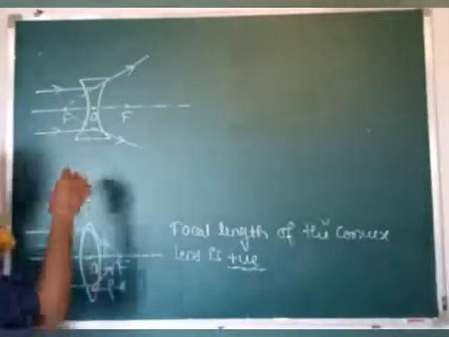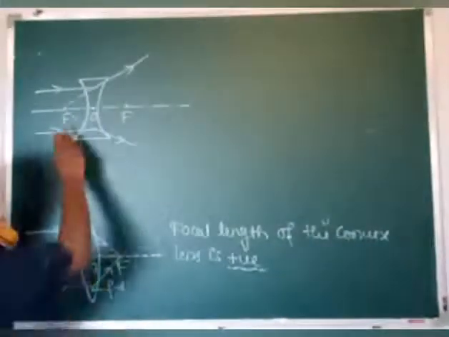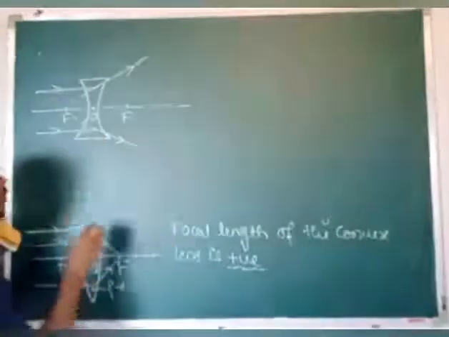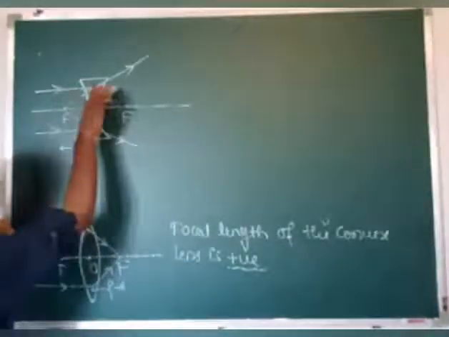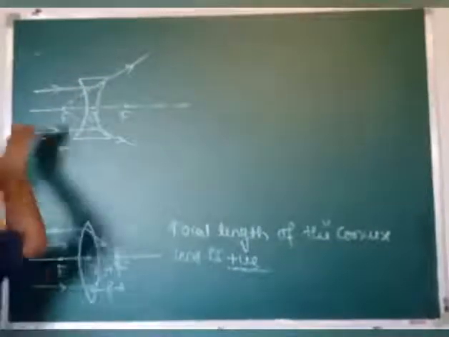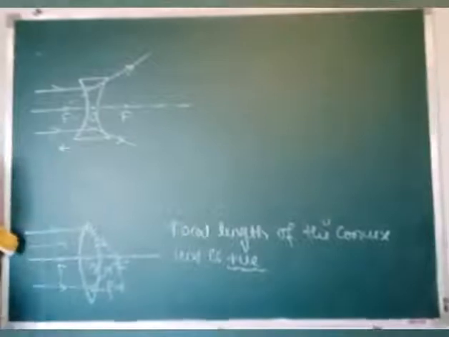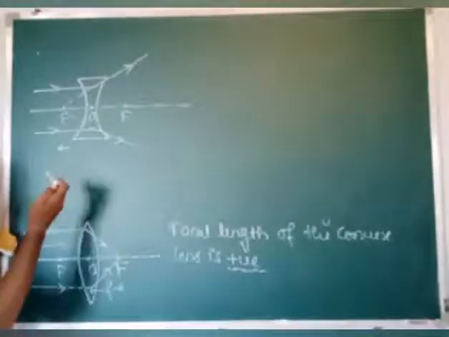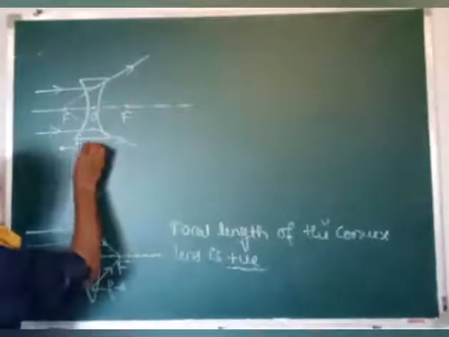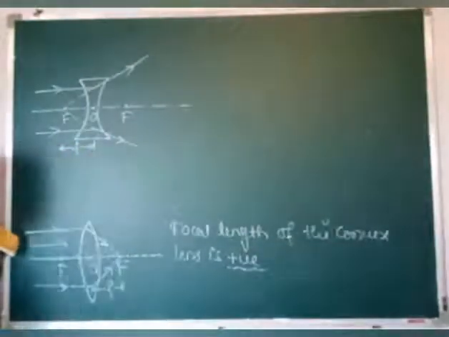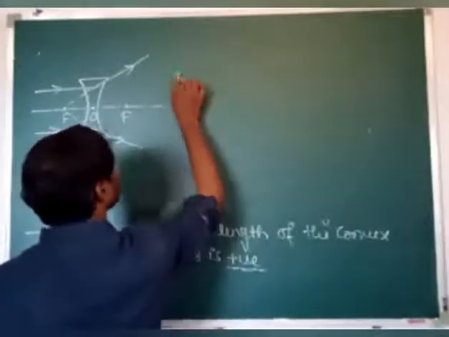Then what about focal length? Again, the focal length is nothing but the distance of the focus from the optical center. So here this distance is measured in the opposite direction of incident light. The incident light is in forward direction, but the measurement is in backward direction, meaning it is in the left direction or along the negative x-axis. Then here the focal length is taken as negative.